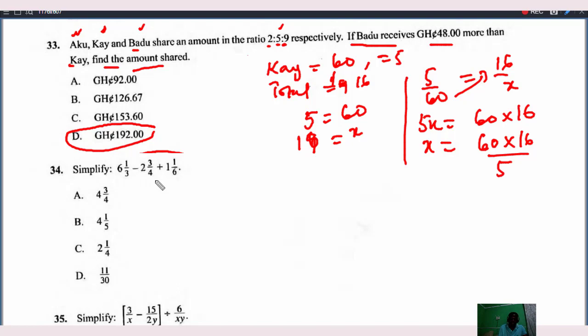So we have 6 whole number, 6 whole number 1 over 3, so 6 whole number 1 over 3 plus minus 2 whole number 3 over 4